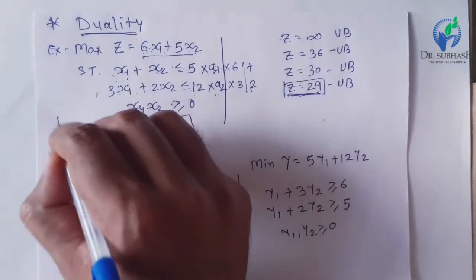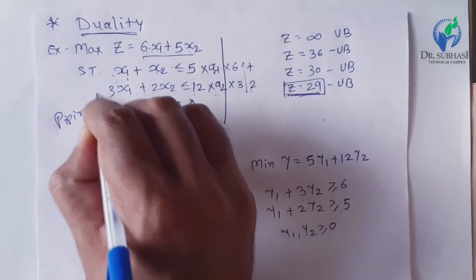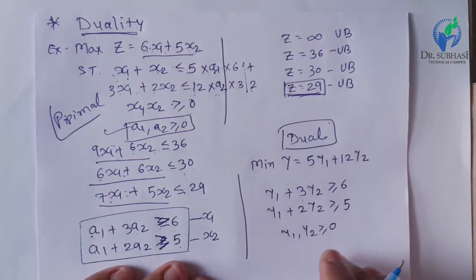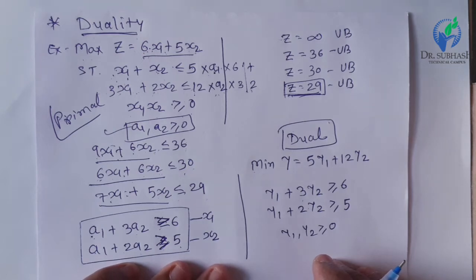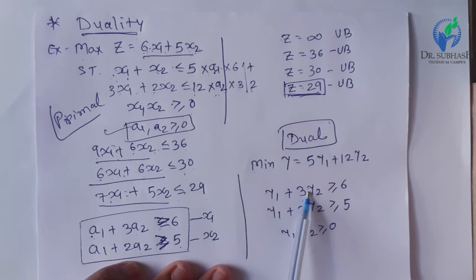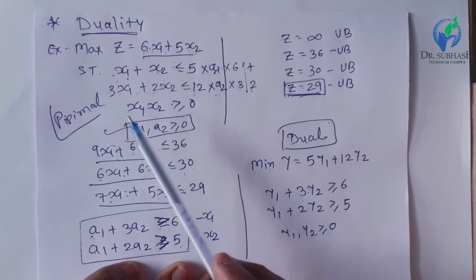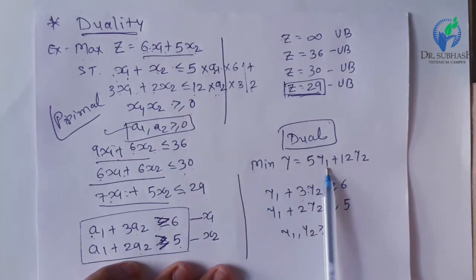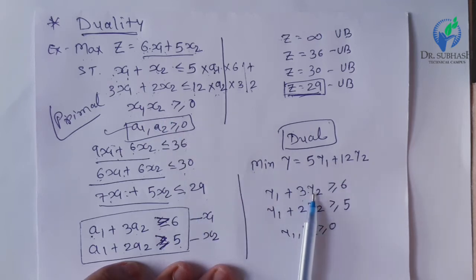If we call it the primal, then we get another interpretation of the same problem which is called the dual. So we get two different linear programming problems for the same problem, or for the same set of constraints. Here this is called the primal, this is called the dual. So this is called the duality of interpreting any one problem from two different viewpoints. This is called duality.